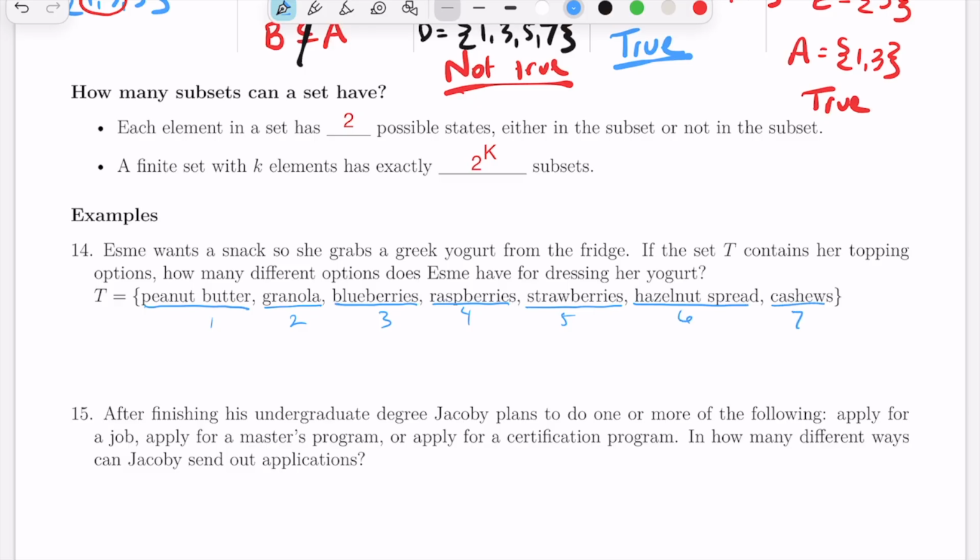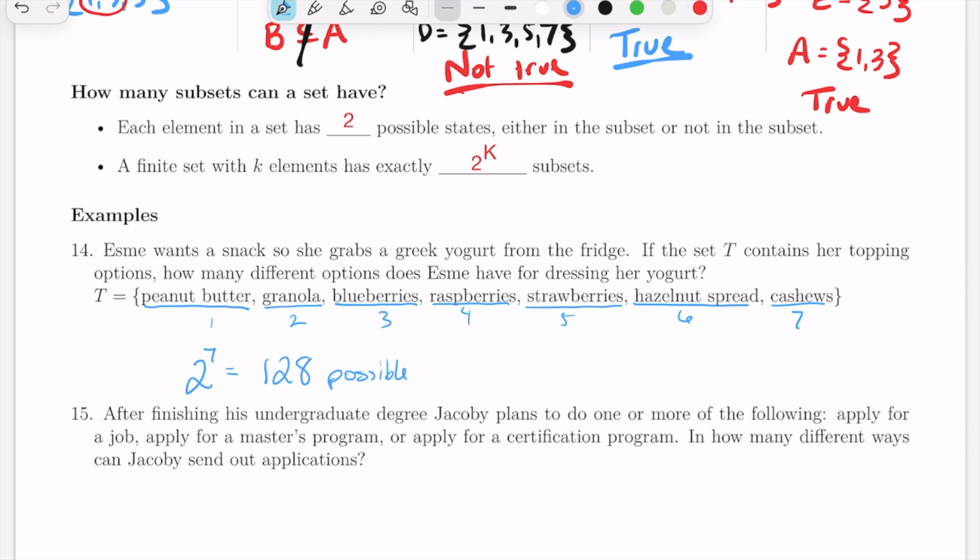So because she has 7 possible toppings for her yogurt, she has 2 to the 7th power number of possibilities. We're not going to list them all out because I believe that's 128